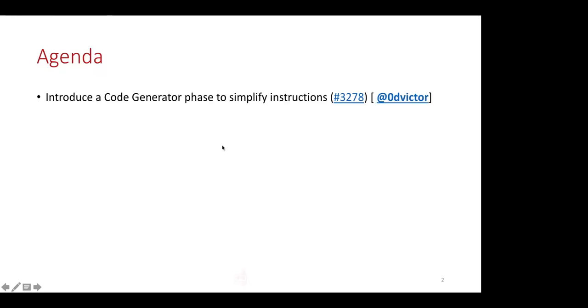So I can speak on behalf of Z. About 3 months ago or so, we actually did put in a pre-RA peephole pass. So we have a pre-RA and a post-RA peephole pass, which is, I think, what Victor is proposing exactly, except I guess at the common code generator level. So this has been working for us quite well. To this day, we have 37 peephole passes in total that we execute on various different instructions and instruction sequences. And the way we get around that limitation that you mentioned, Daryl, is